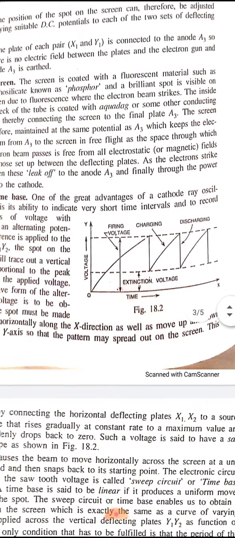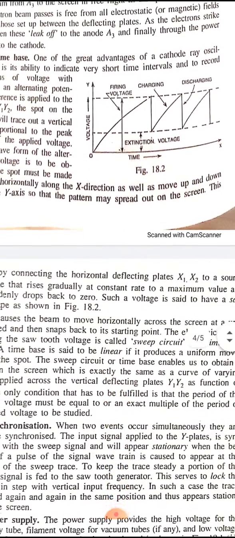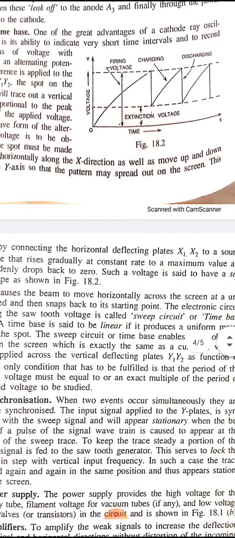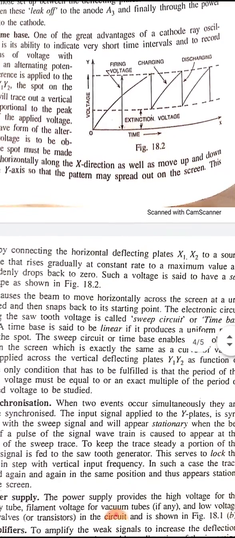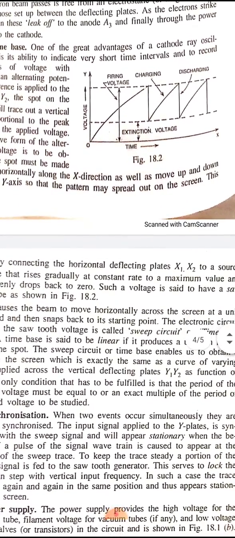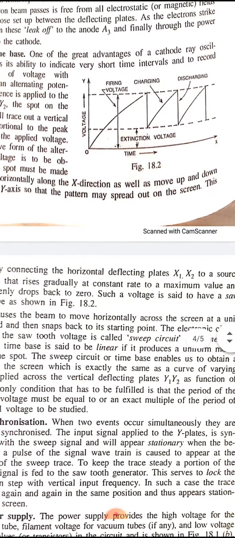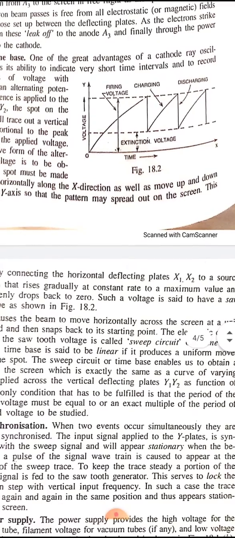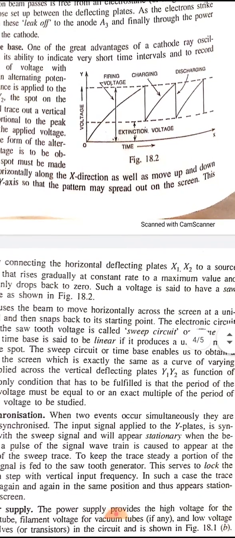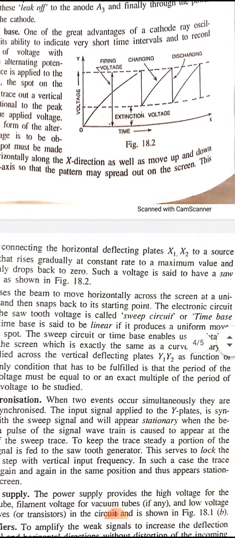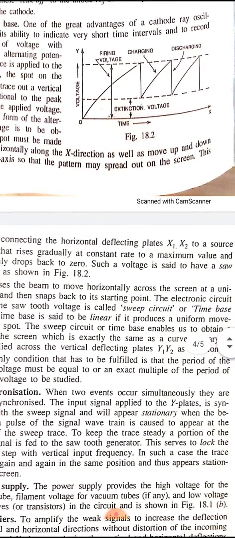It causes the beam to move horizontally across the screen at a uniform speed and then snap back to its starting point. The electronic circuit producing the sawtooth voltage is called the sweep circuit or time-base circuit. A time-base is said to be linear if it produces a uniform movement of the spot. The sweep circuit or time-base